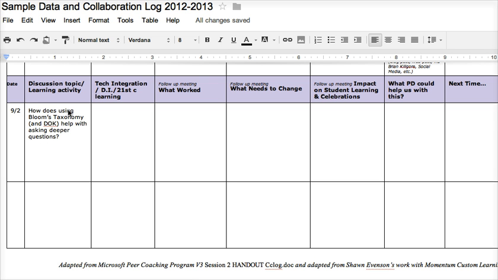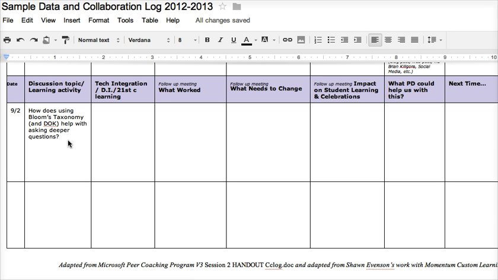Each month, you'll probably have a different question based on our discussions at staff meetings or half days or professional developments. The idea is to have the ongoing discussion at our team levels, and that's why we have the discussion topic there. Now, with that being said, you also have to think about what your collaboration community plan goals were